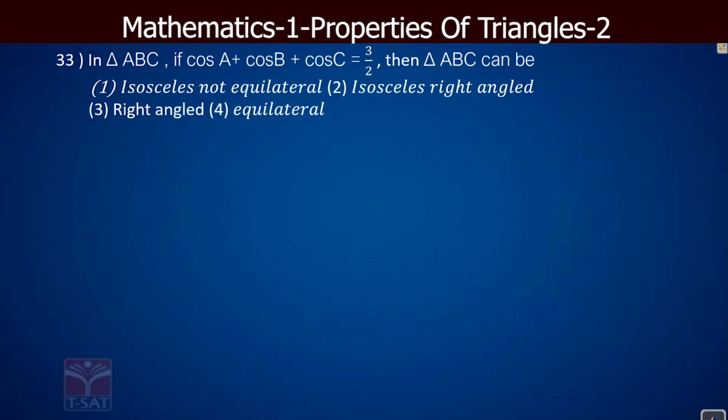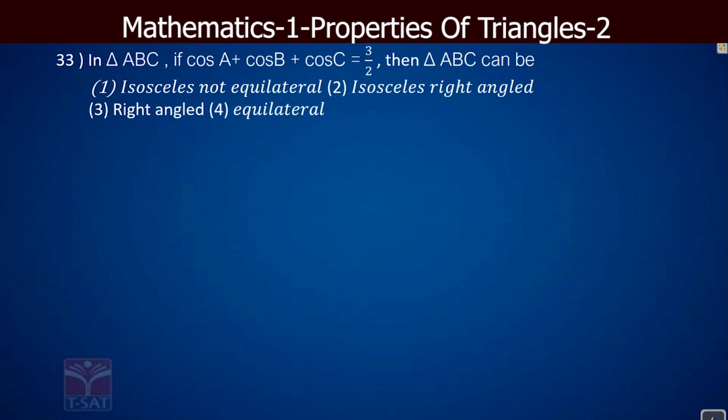33. In triangle ABC, if cos A plus cos B plus cos C is equal to 3 by 2, then triangle ABC can be: 1) isosceles not equilateral, 2) isosceles right angled, 3) right angled, 4) equilateral. Now in this problem also,